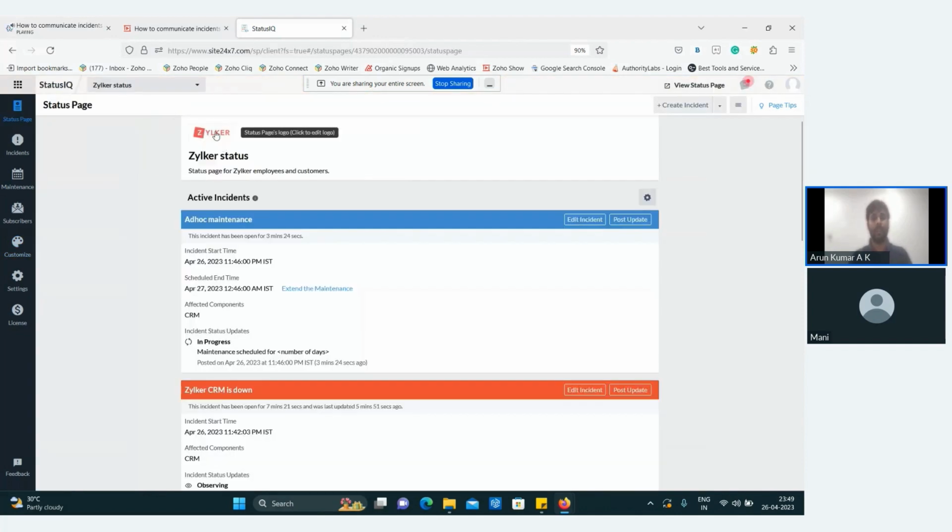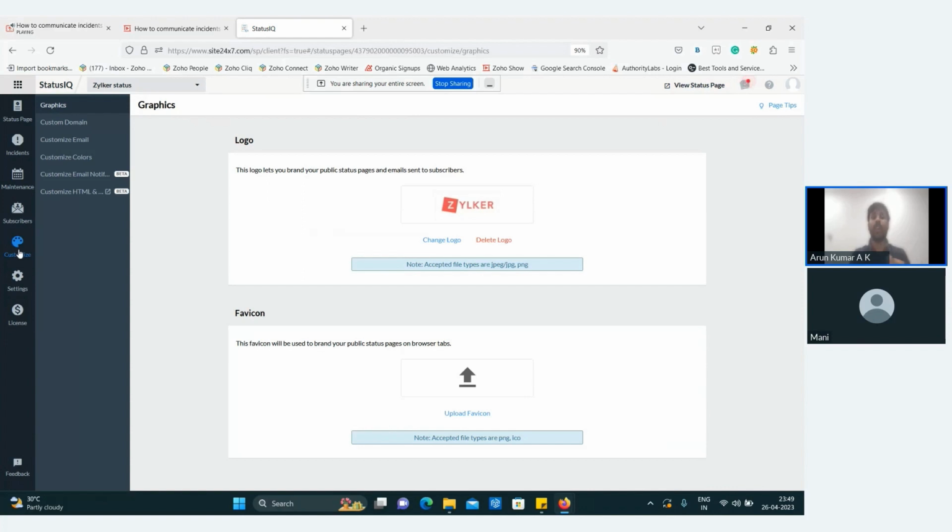See here. In the very beginning step, there was an option called enter your company URL. Why was there a need? Because when a user clicks on the logo, that takes them to the landing page. That's the reason we have added a logo, and there was an option to add your company URL. Okay. And then we have